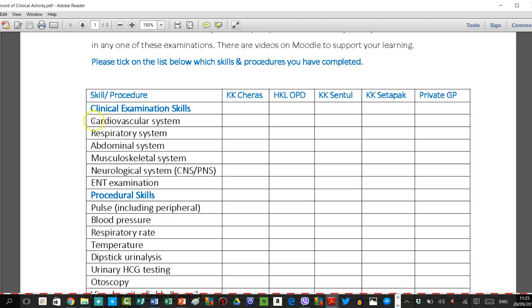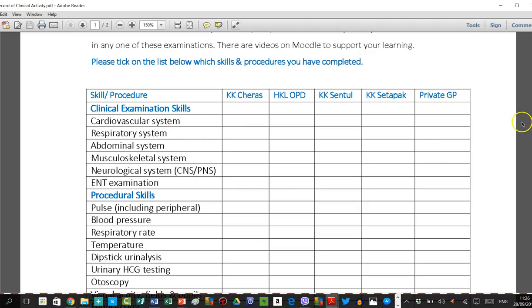So the first 5 are clinical examination skills: cardiovascular, respiratory, abdominal, musculoskeletal, neurological. This includes central and peripheral nervous system. Now don't worry if you don't achieve all of these in week 1. Let's say you're in KK Cheras. You have 5 weeks. Over that period of time, you should have had ample opportunity to practice all of these